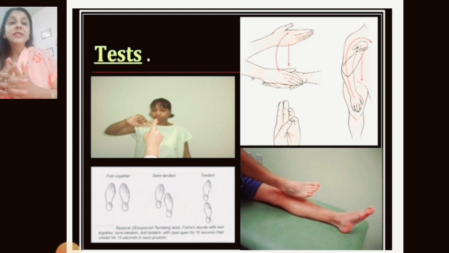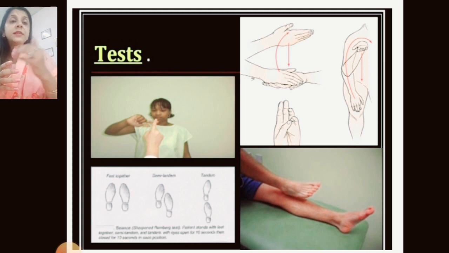In the second figure, we see the finger to nose test. In the finger to nose test, we ask the patient to touch the therapist's nose or his or her own nose. In that also we observe the coordination as well as dysmetric movements. In the next figure we observe the rebound phenomenon.